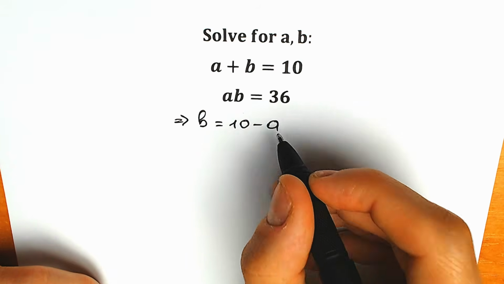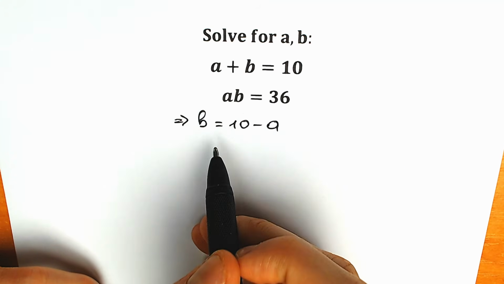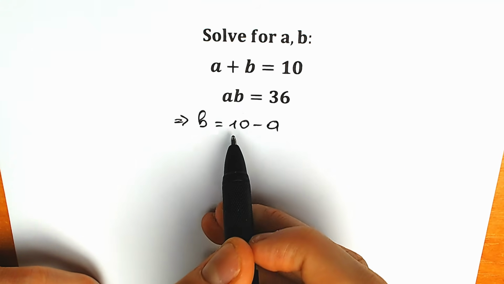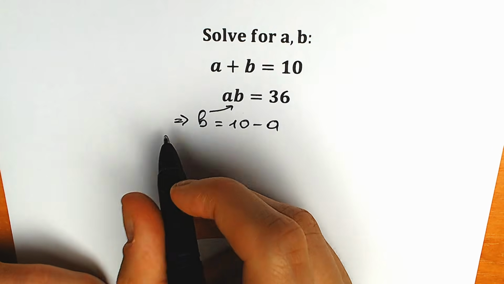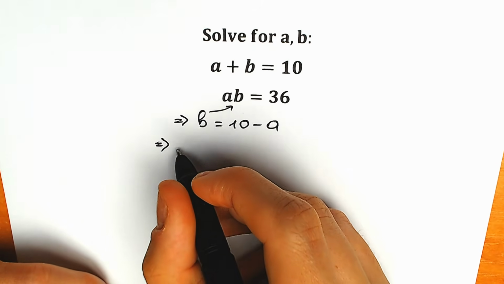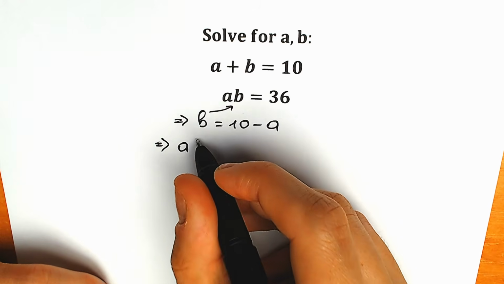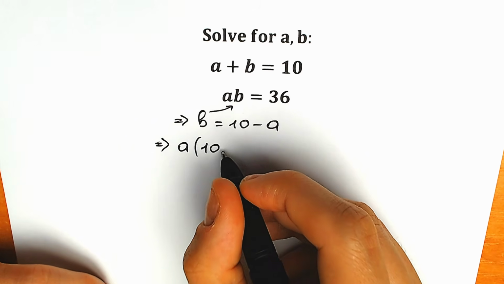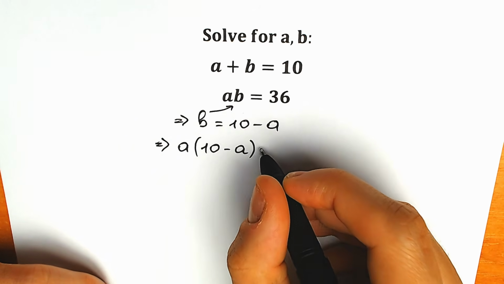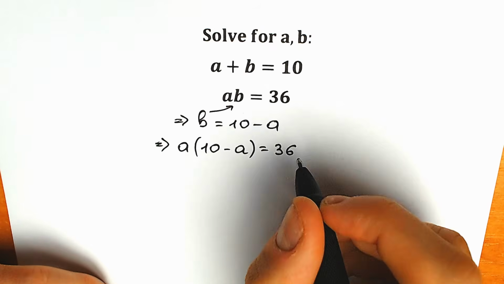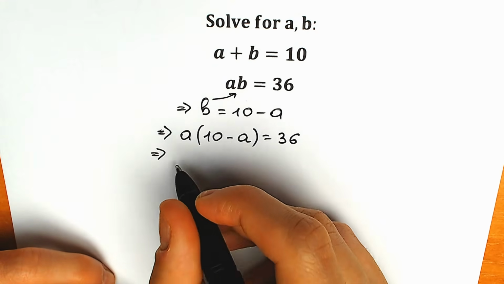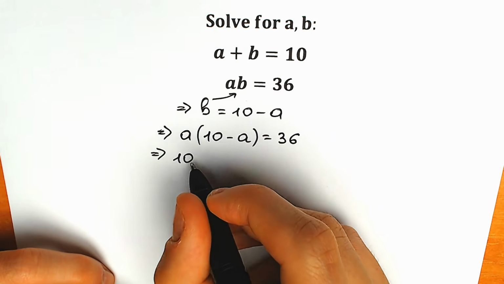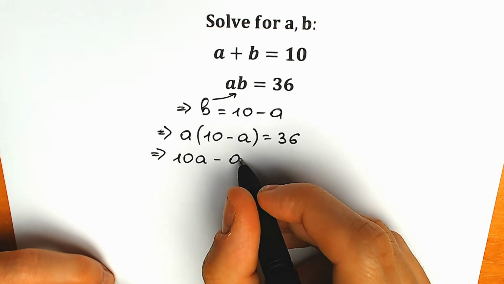And right now, let's look closely at this second equation. Instead of b, let's plug in 10 minus a. So right here at this place, we're going to plug in this 10 minus a. Okay, so let's do it. So we have a times (10 minus a) equal to 36, and right now let's simplify this expression. Let's multiply a by this parenthesis, so we have 10a minus a square